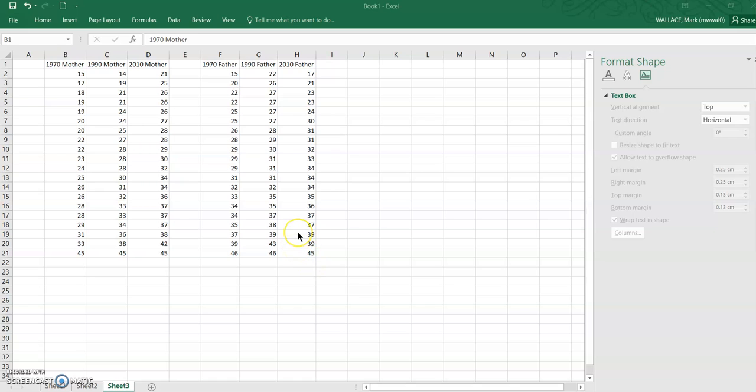In this video we're going to have a look at how to create box and whisker plots. So you can see here I've got some univariate data which measures the age of a first-time mother in 1970, 1990, 2010, and then also the father, so 1970, 1990, 2010. I want to be able to compare all of that data with 6 box plots all on the one